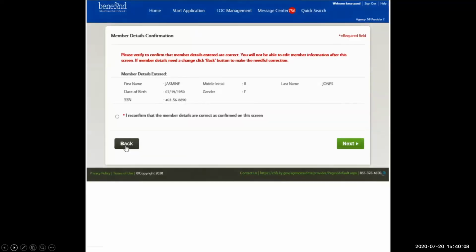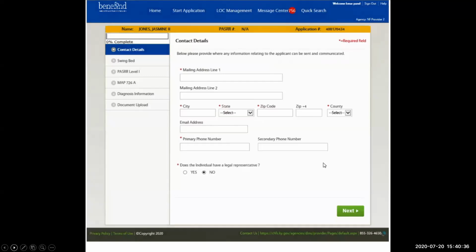On the Member Details confirmation screen, member details entered on the LOC application basic information screen display. Providers should review for accuracy. If the information is incorrect, click Back to edit. If the information entered is correct, select I reconfirm the member details are correct as confirmed on this screen. Click Next. On the Contact Details screen, providers should enter all required fields marked by red asterisks on the Contact